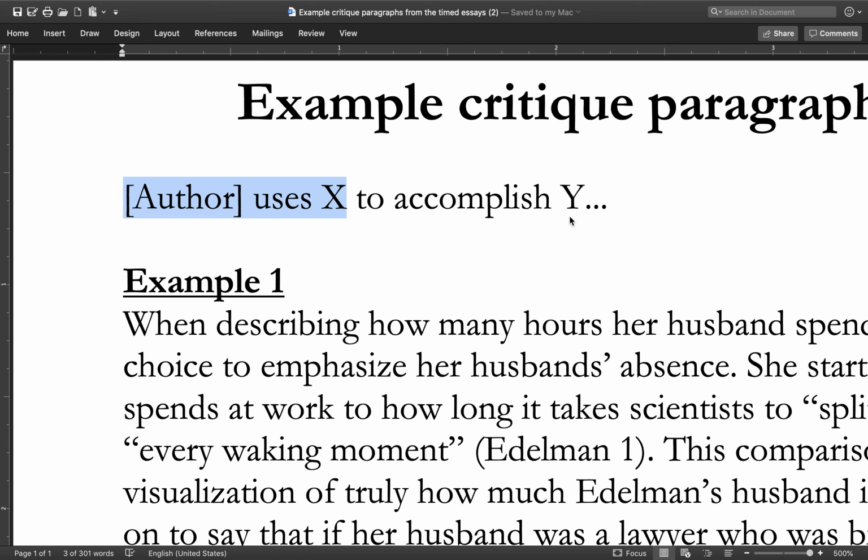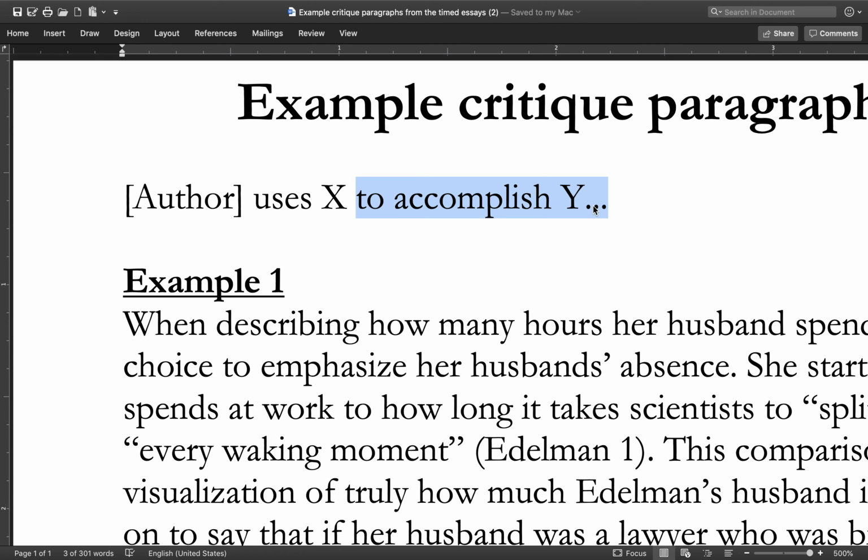Okay, that's the purpose that she puts the move toward. Yeah. So in the ACE structure, would it be okay if you just say the author uses X in your assertion and then in your explanation you accomplish Y? Great question. So it was asked, could you just put the author uses X in the assertion and then accomplish Y in the explanation? You do need to explain that to accomplish Y in the explanation, but you also need to put it in the assertion.